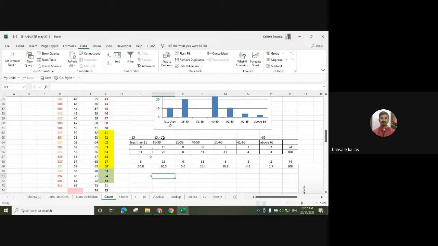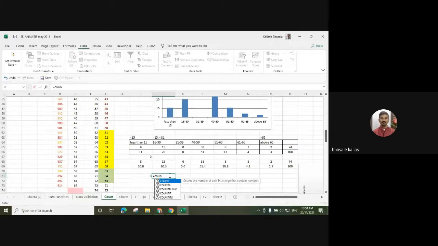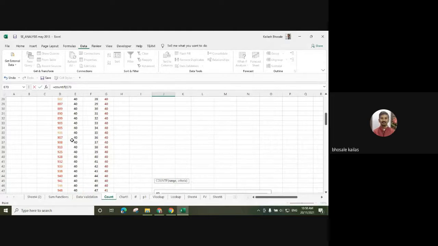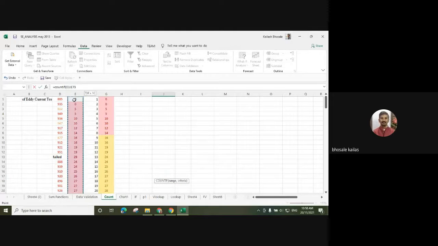I want to find out these numbers. How many values are greater than 15 and less than 31? For that purpose also we can use the COUNTIF function. What is the range? Range is this. What is my first criteria? Greater than 15.